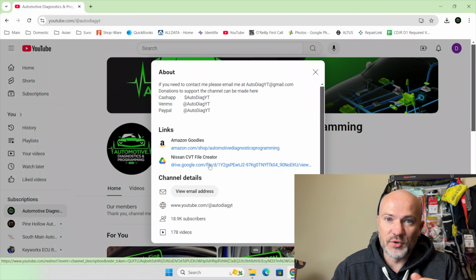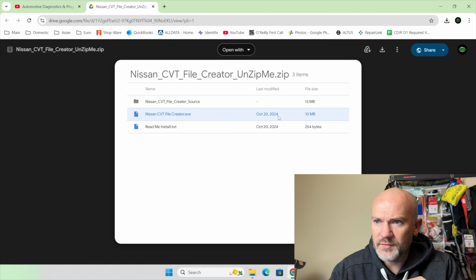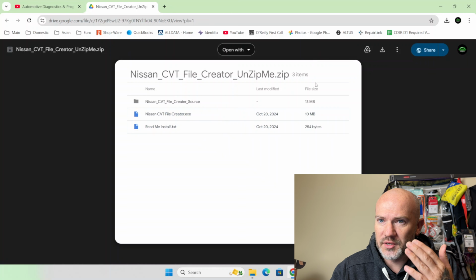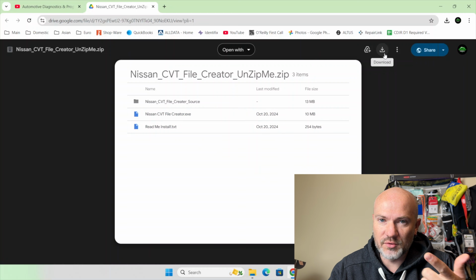It's just a Google Drive file basically that you can click and it will open up in Google Drive. I'm not sure if you have to have a Google account to be able to get this or not, but whatever. If you don't, just make a quick Google account to be able to download it. But you just click the little download icon here and it will automatically download it. And sometimes, I don't know if this computer is going to do it, on my other computer it popped up a